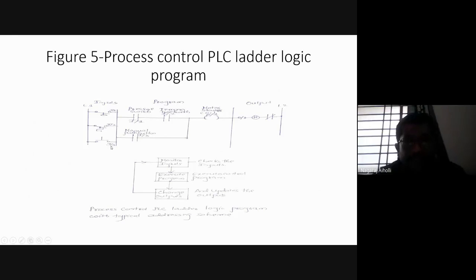Then this is the manual push button. You know how to represent a push button. This is how it is represented. If you press it, the contacts become closed. So it is a push button symbolic notation. Then here we are having the pressure switch and temperature switch. Now you may ask me one question. Sir, here you are telling that this is pressure sensor, this is temperature sensor, manual push button. Then why have you again represented these switches, pressure switch, temperature switch, and the manual push button?